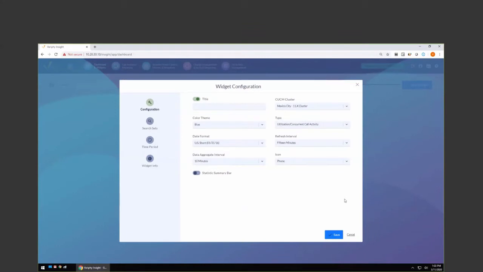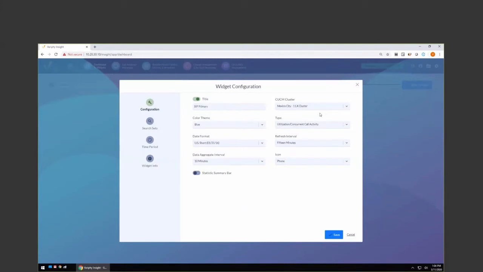We're going to build a capacity utilization widget built around a single SIP gateway. Now keep in mind, this doesn't have to be a SIP gateway. This could be, like I said, a T1, an H323, a PRI, or really any other type of device that we want to be able to develop some capacity utilization on. So we'll just call this SIP